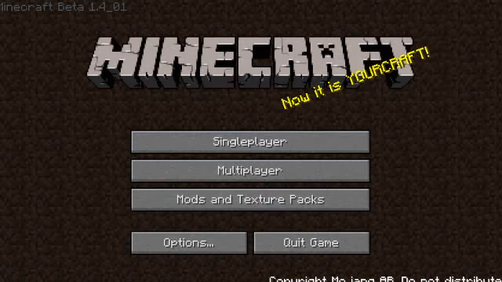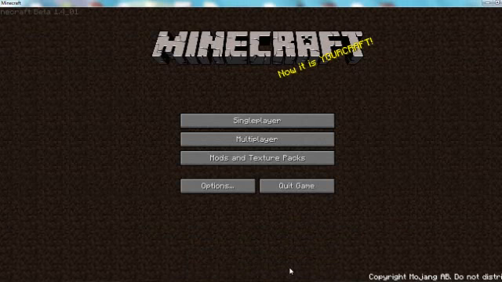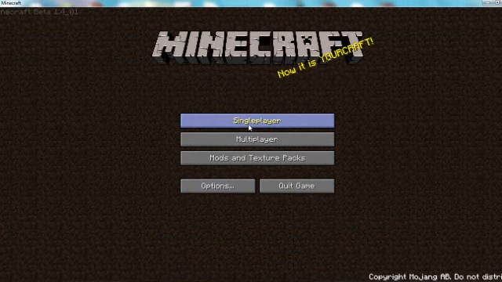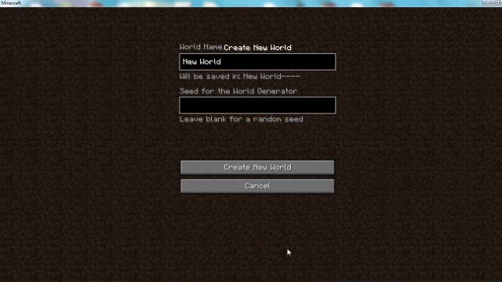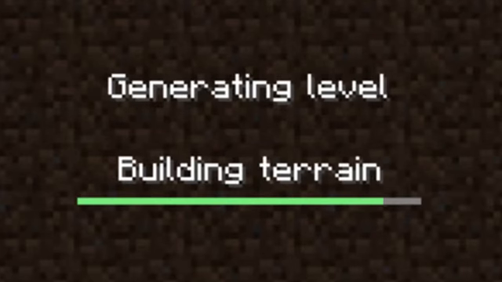And since my computer can't really run Minecraft, oops, that's really loud. It's loud for me. I don't think you can hear it because I didn't plan on going in game. But anyway, we'll start a new world and just name it new. And my computer can't really run Minecraft. I don't know what it does to it, but it messes up my controls. It does everything all weird.